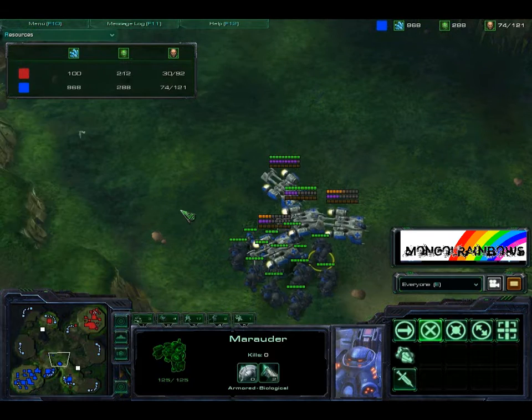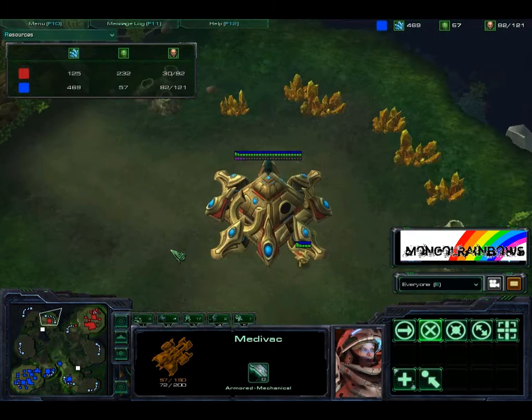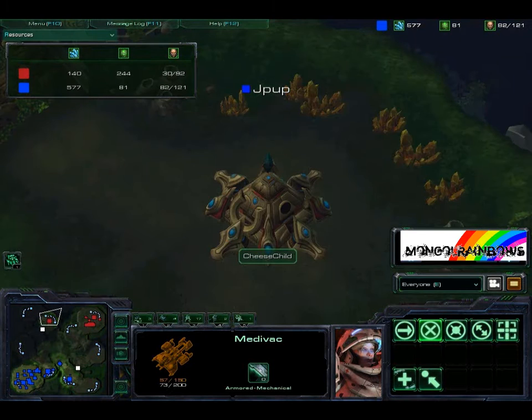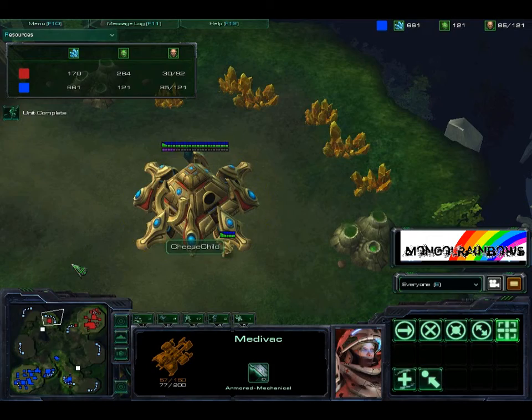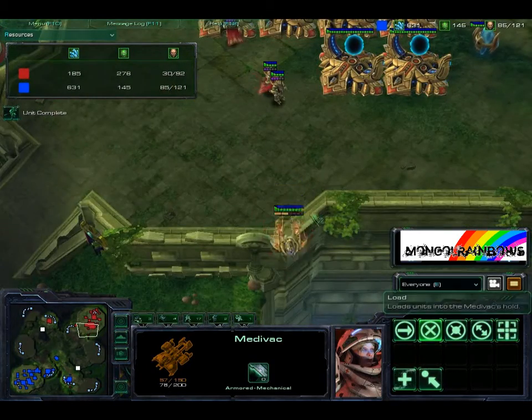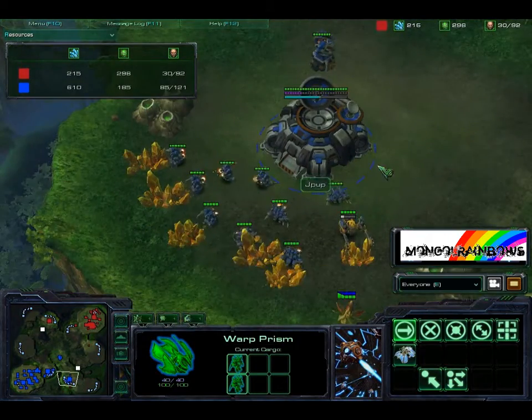It does look like both players are very content to sit back and macro, which is a smart decision from jpup, because his opponent is completely out. jpup actually just had a scan go off, and if we pop on over to his vision, we do see that he is aware that cheesechild does have that expansion up in the gold, and he's probably going to take that out momentarily. cheesechild is coming in with a storm drop on this gold mineral expansion, but it does look